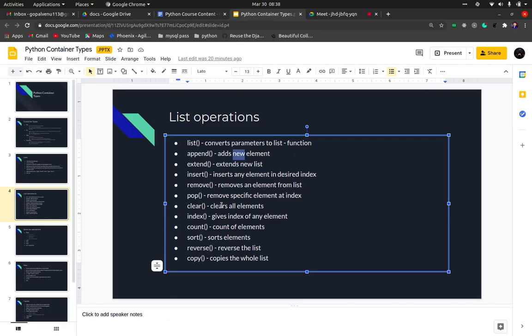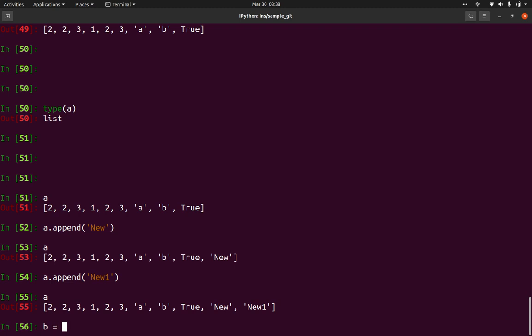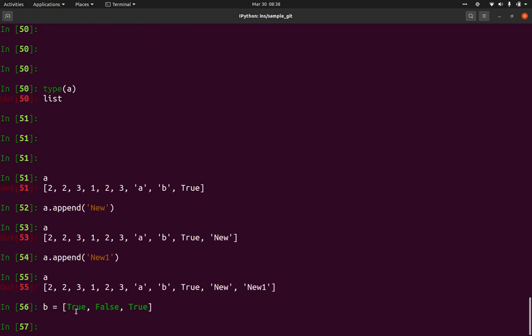Now we have extend. This is another method. Let's say we have another list with some boolean values. I want to add these three elements inside my A. So let's say I want to add this list's elements into another list, then I will use extend.